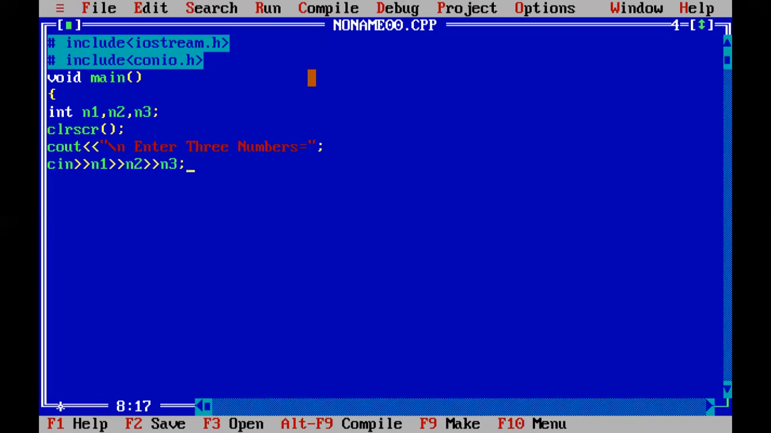Now what will happen? It will show me the largest one, which is 7. The largest one was 7, so N2 is the largest number. So I will apply all the possible conditions. If N1 is greater than N2, now using a compound condition, and N1 is also greater than N3. Obviously, if N1 is greater than N2,